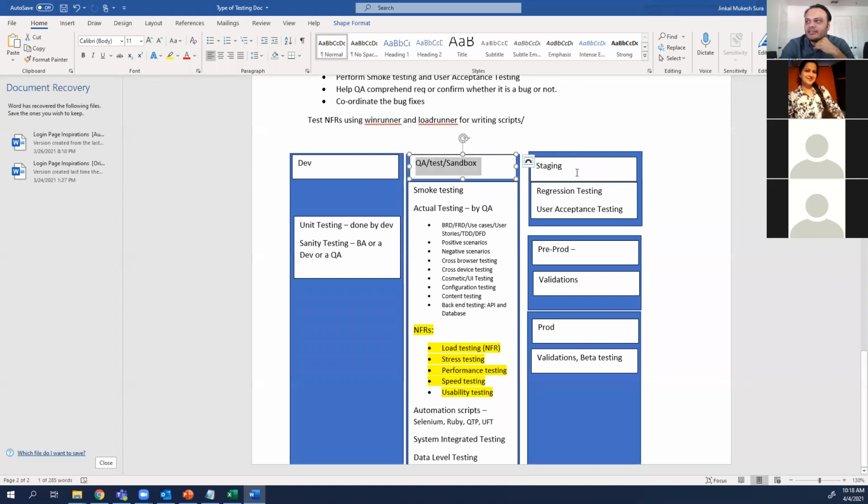ये स्टेजिंग है. Staging is like right before you go to production, you want to make sure you do one last round of testing and then go to the production. So ये staging environment होता है. तो ये कभी होता है, कभी नहीं होता. Pre-prod is another